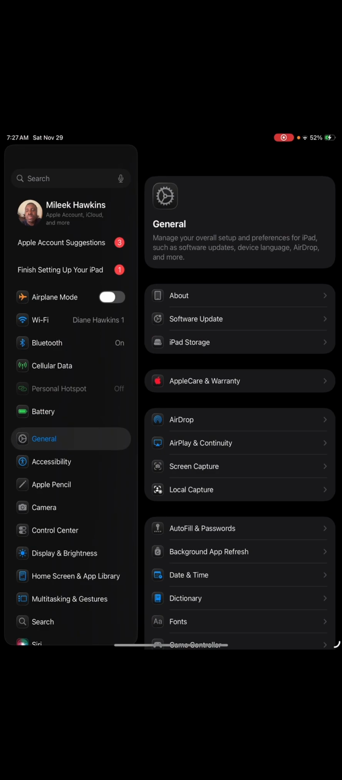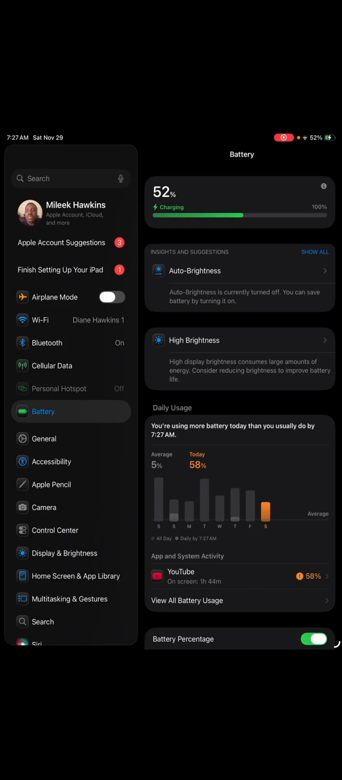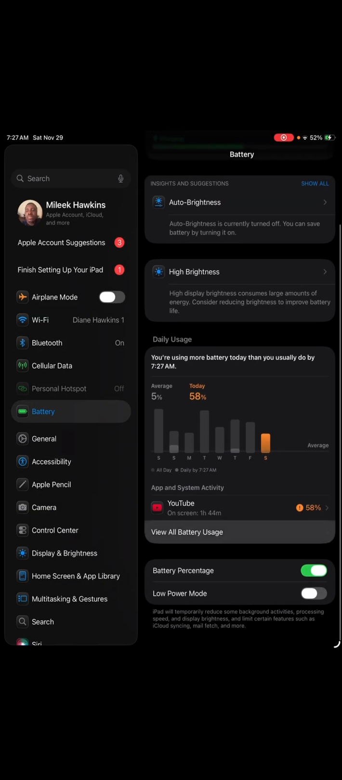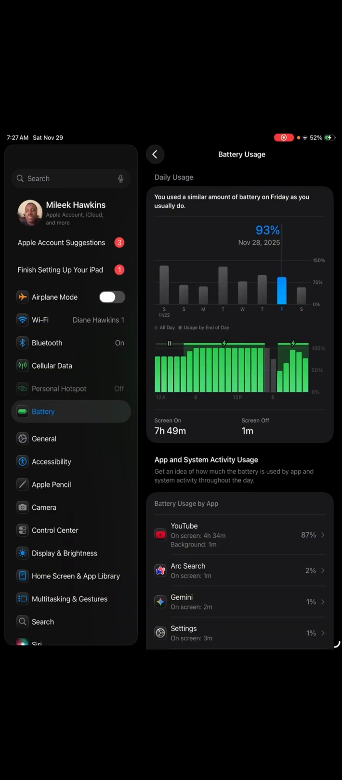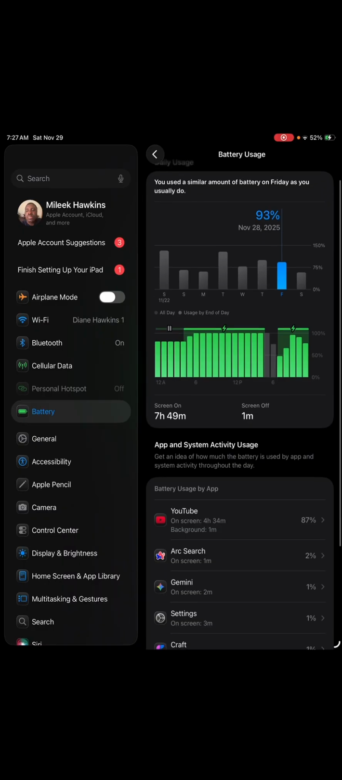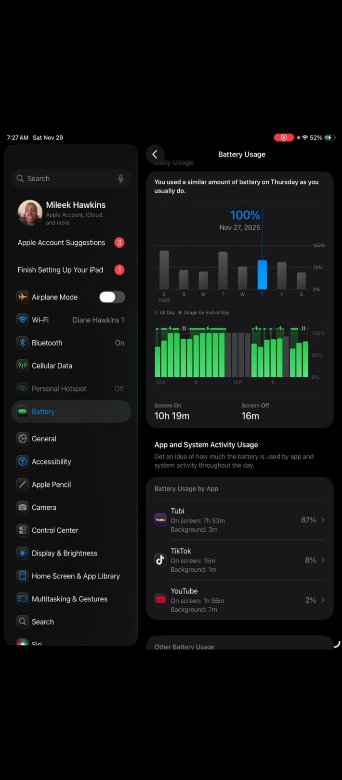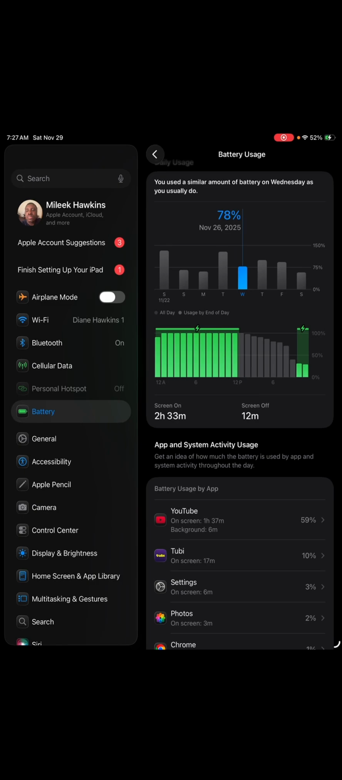Taking a look at battery health, and you just saw that bit of lag right there, but taking a look at battery health on my iPad, if I go into view all battery usage here, my usage on the iPad is 1 hour, 52 minutes screen on time, and 0 minutes of screen off time. Let's take a look at yesterday. I am a heavy user as I edit a lot of videos and things like that. But 7 hours, 49 minutes screen on time, 1 minute screen off time. And here's the other calculations. I know it's quite a lot,